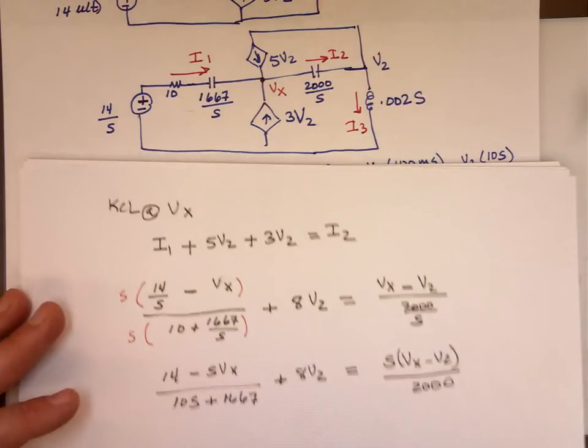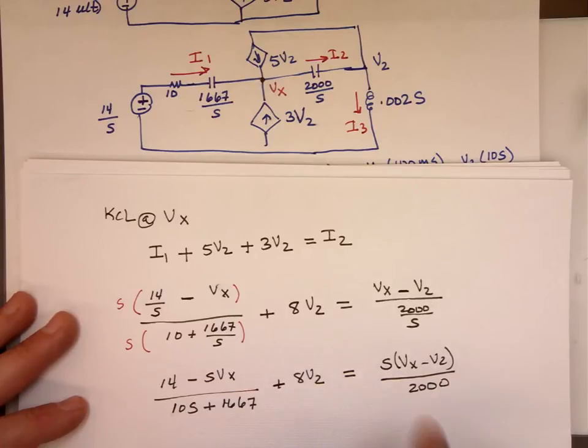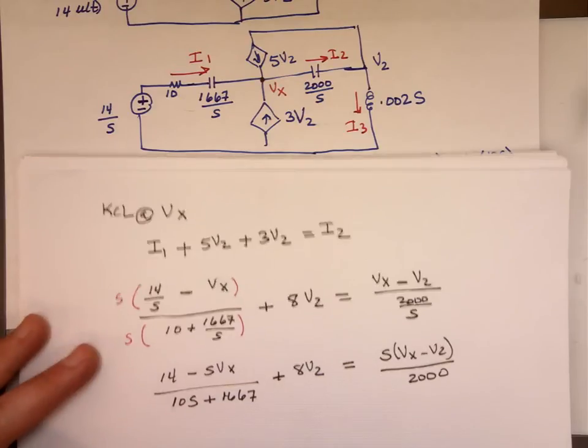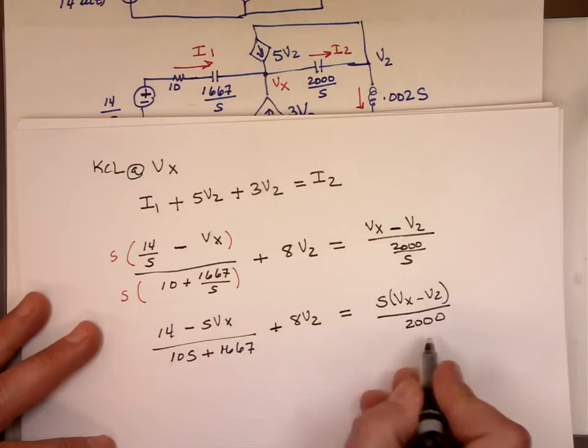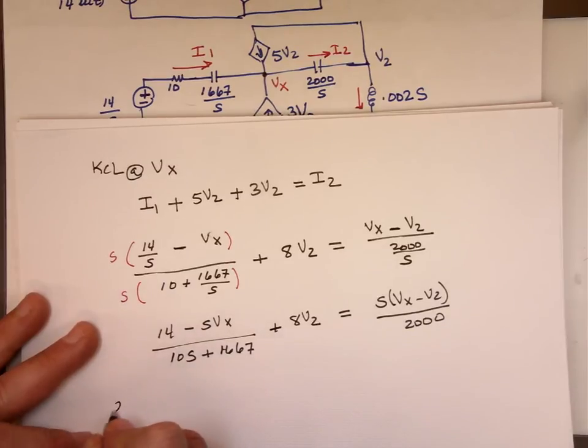Well, you have a 10S plus 1,667 on this side, right? Yep. So what if you multiply the other side by 2,000? You multiply by the LCD, which is this times that. Yeah. Oh, right. So if you multiply by the LCD, which is this times this, you end up with 2,000 times 14 minus SVx